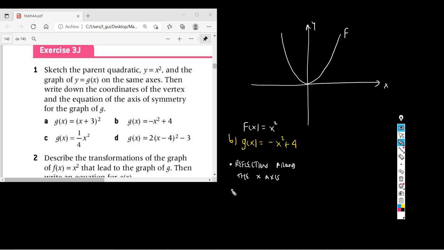That's what this means. And the addition of 4 at the end of a function is involved in the translation upwards